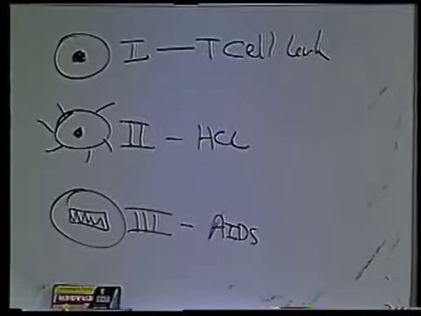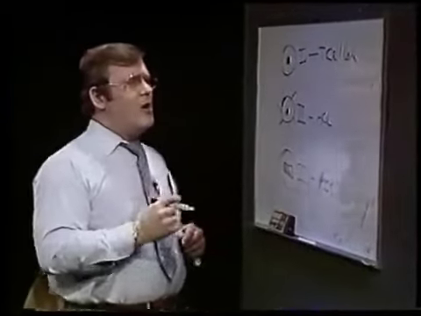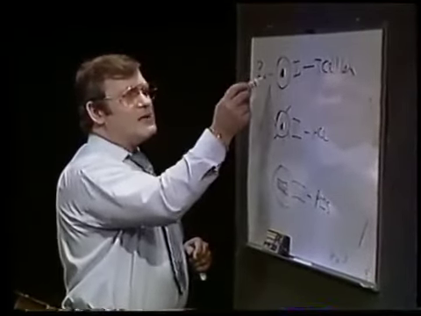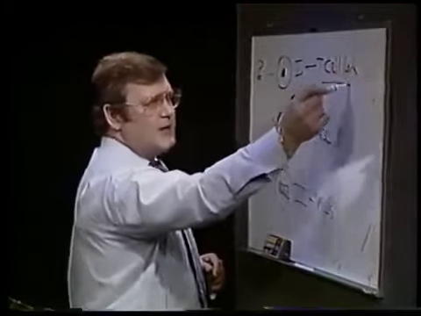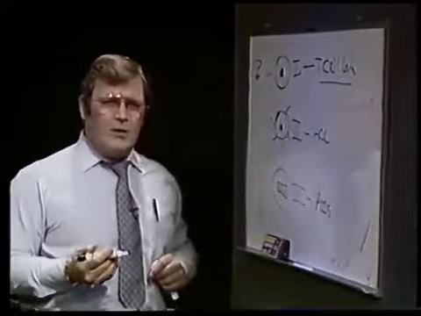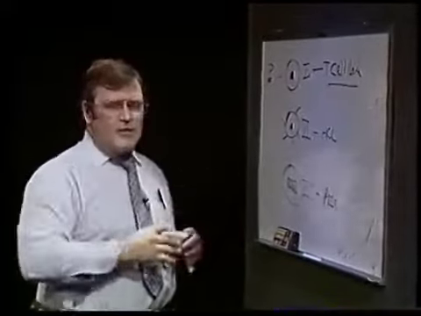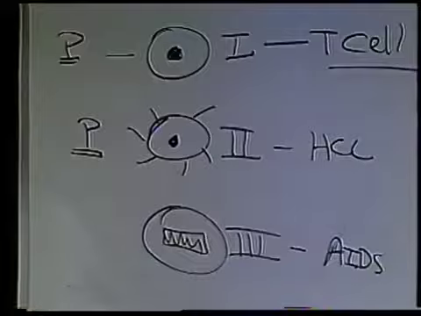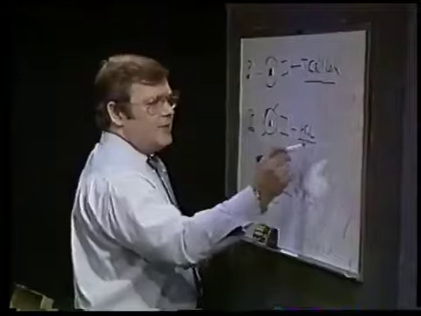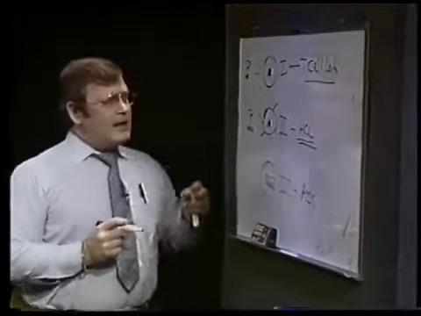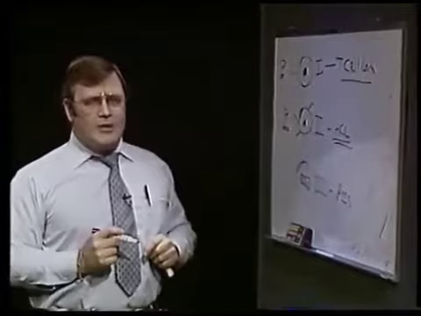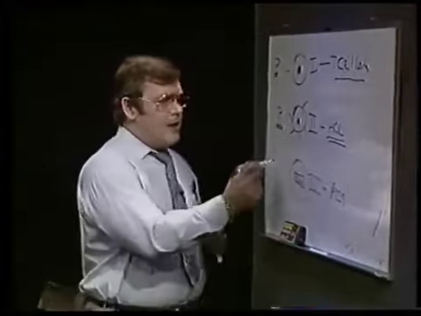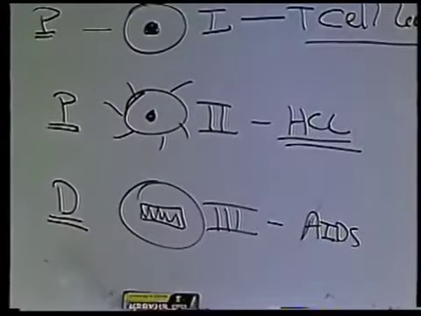Now, interestingly enough, when you put these viruses into tissue culture, what happens? This virus is proliferative in tissue culture. It makes things grow. It's not surprising, therefore, that you might see the arisal of a T-cell leukemia because the virus's very nature is to make the cells proliferate. This virus is proliferative in tissue culture, and results in humans in the development of hairy cell leukemia. And again, by its basic proliferative nature in tissue culture, it's not surprising that you can see arising hairy cell leukemia. This virus in tissue culture is destructive.